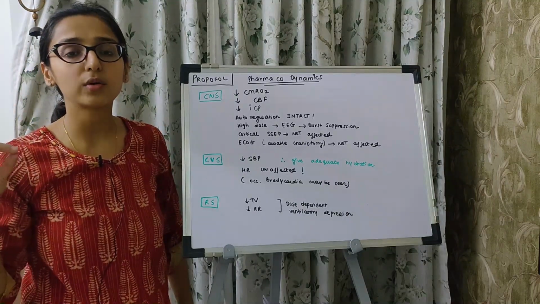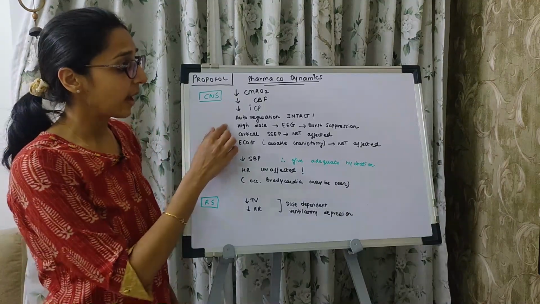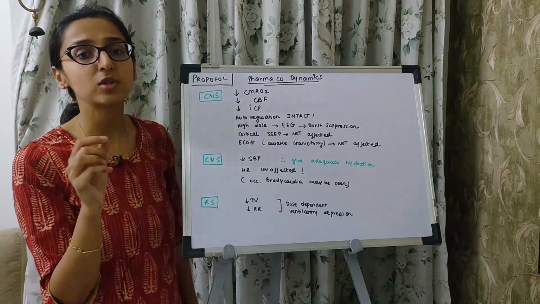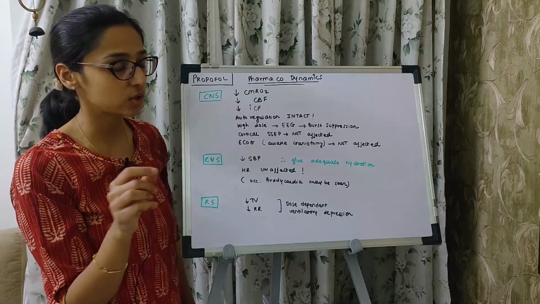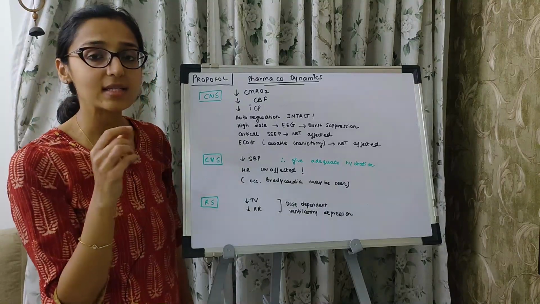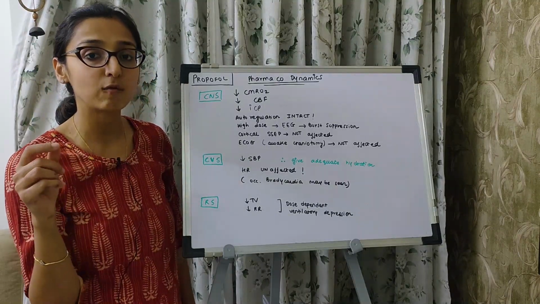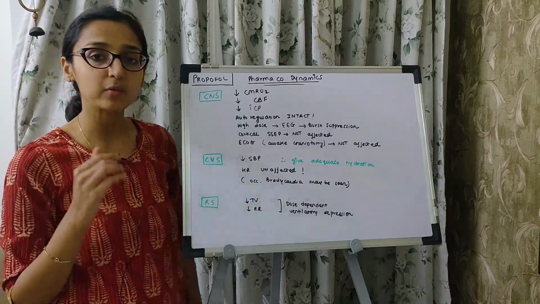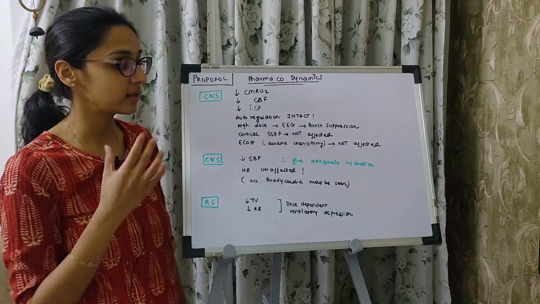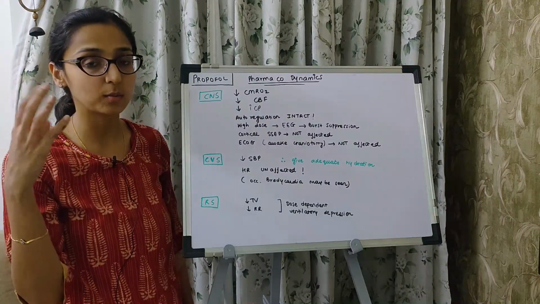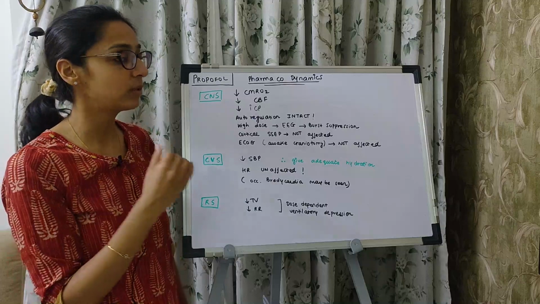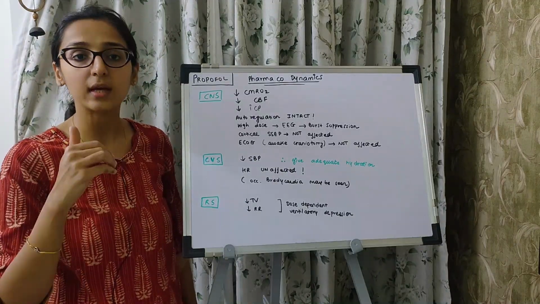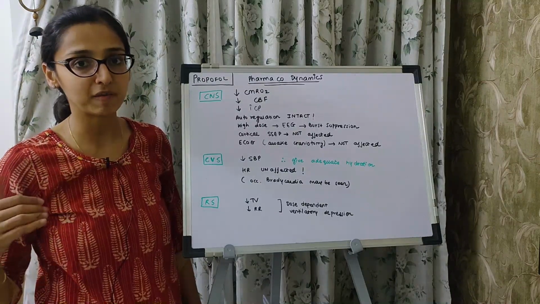Autoregulation, the cerebral autoregulation will remain intact, and with very high doses of propofol you will observe burst suppression in the EEG. Now, cortical SSEPs, that is somatosensory evoked potentials, will not be affected, and also electrocorticography, which is done during awake craniotomy for brain mapping, will not be affected with propofol, provided that you discontinue the propofol 15 minutes prior to taking the electrocorticography readings.